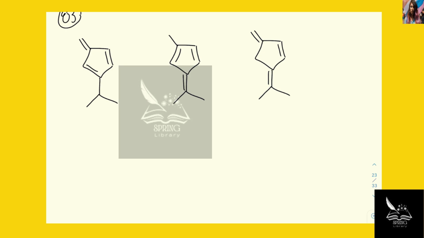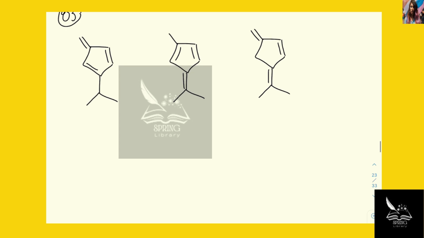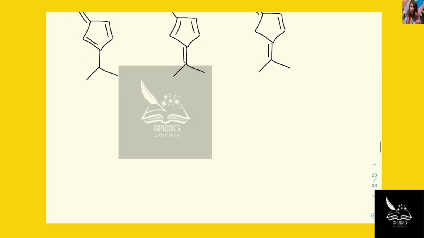This question asks which of these compounds is the strongest acid. One way that we can measure acidity is by looking at the stability of the conjugate base. So we're going to draw the conjugate base for each one of these structures and then look at the stability of each one. If we had a conjugate base for this first structure,